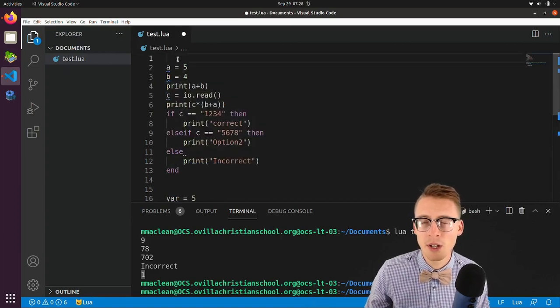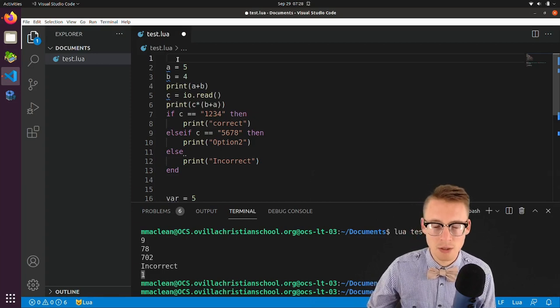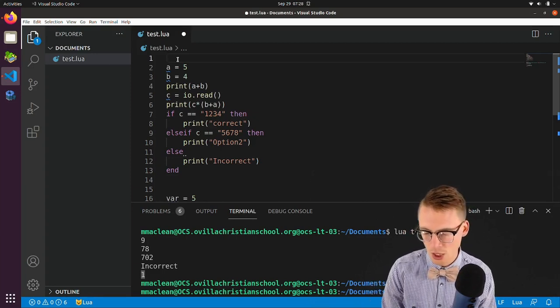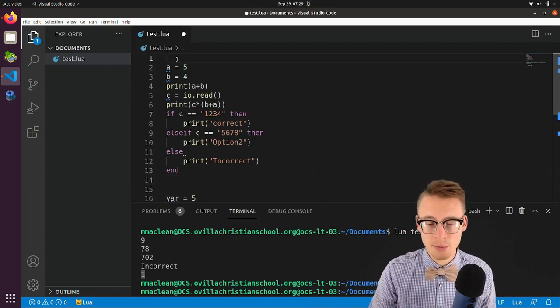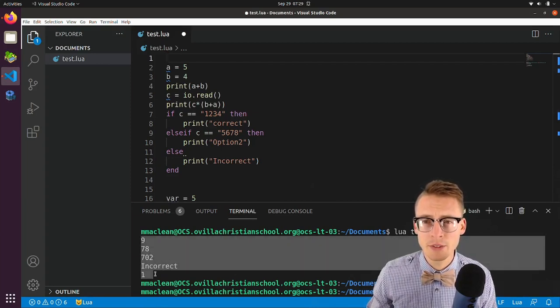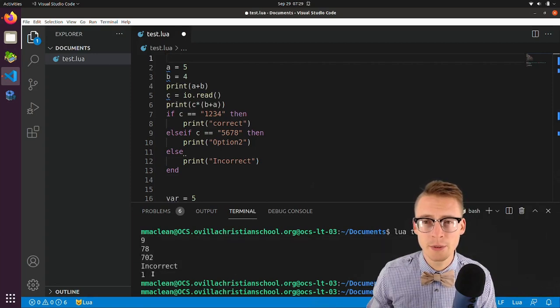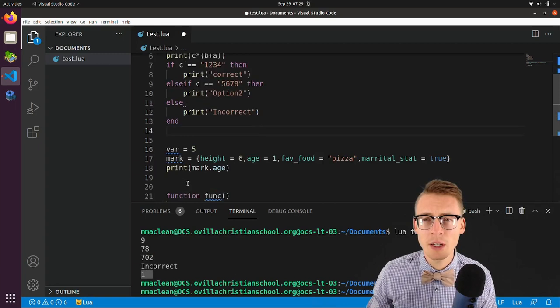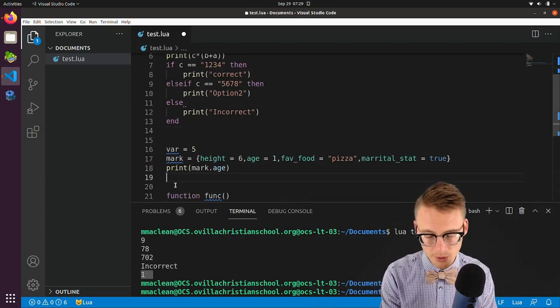If you're not working out of test.lua, it's something else, that's fine. I am actually going to change up my test.lua script so that it's not running this first portion. It's a little bit confusing. This is the last time I ran my code, and it gave me a bunch of information, the last of which was the only one I cared about. So what I want to do is tell the computer to ignore